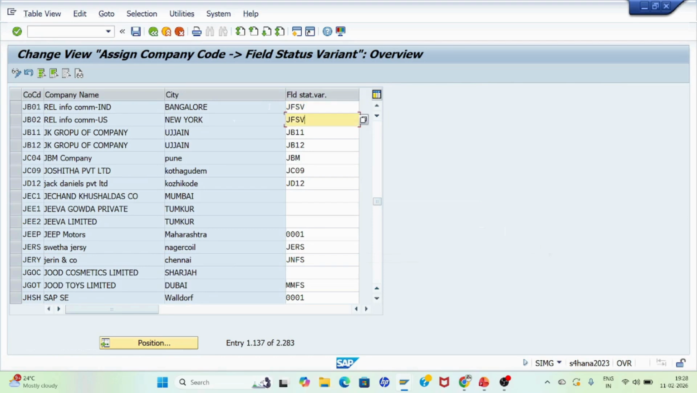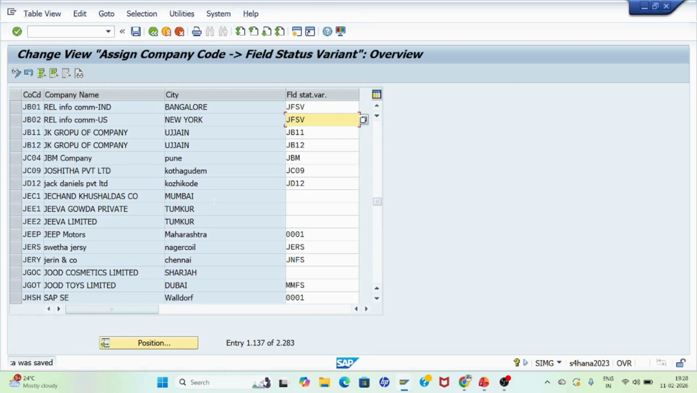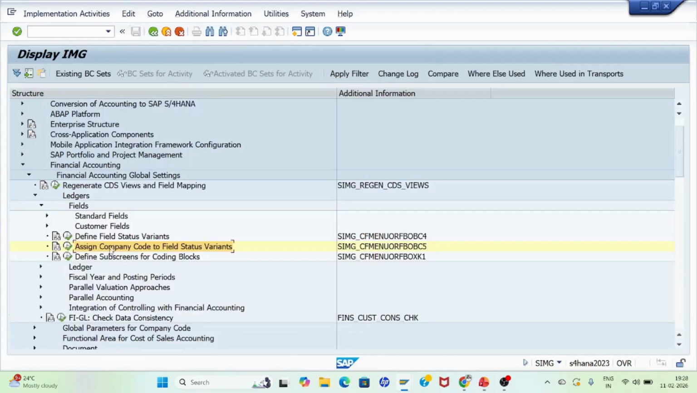Just press enter and click on save. The same transport request which we are going to follow. Save. And before the step, at the time of define the field status variant, we need to discuss some more points now. So these two steps we completed now, and some more in-depth information we can discuss about define field status